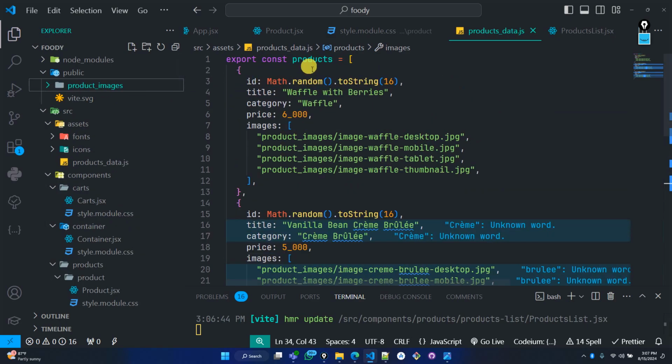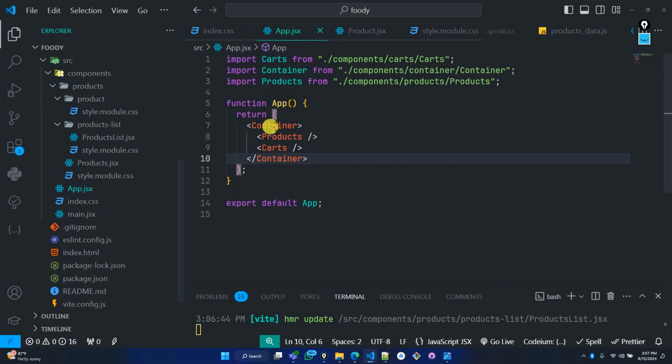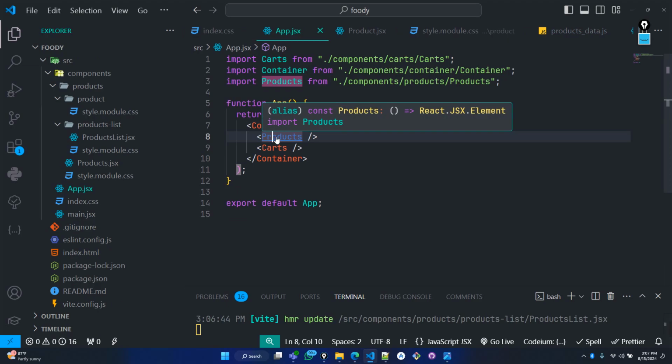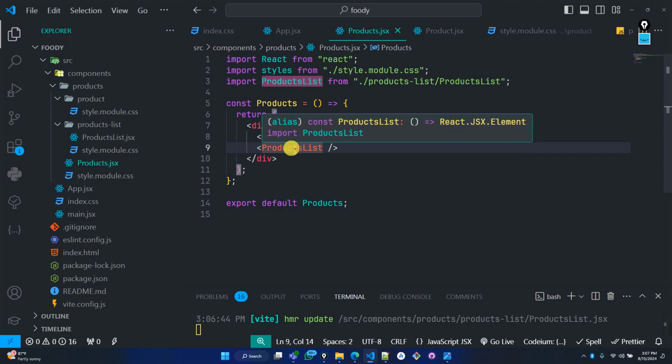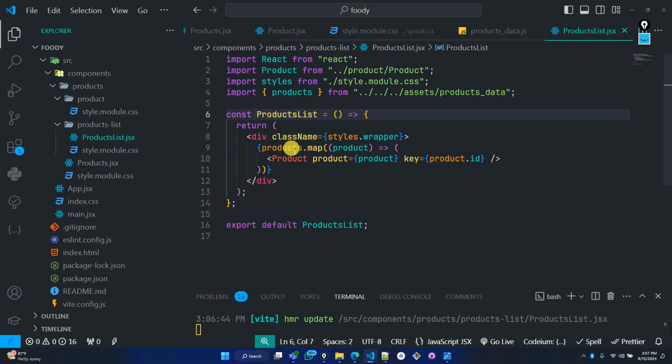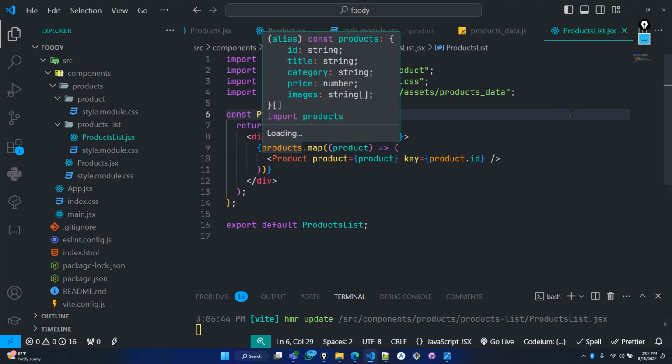Because if you look at it, I separate this one. It's outside somewhere, which is inside this product data.js. And as you can see, I'm exporting it in order for me to be able to use it in another file. And where am I using it? If you go back to the app, you see that we have the products. If I click on this product, this one now has the title and it has the product list. And inside this product list, as you can see, this is where I'm now using that product,